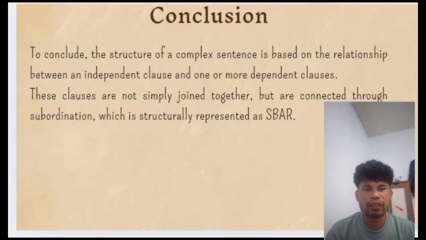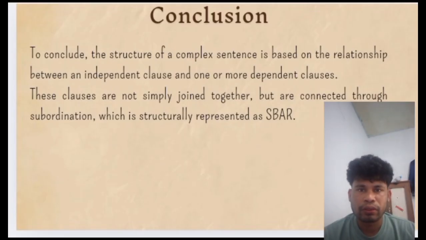Good morning, everyone. My name is Enrico Sinugawi. Today, I would like to present my topic about the structure of a complex sentence. The structure of a complex sentence is based on the